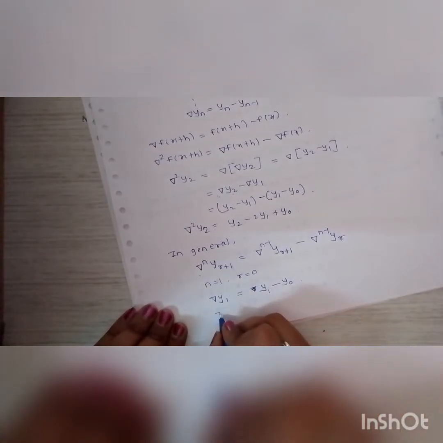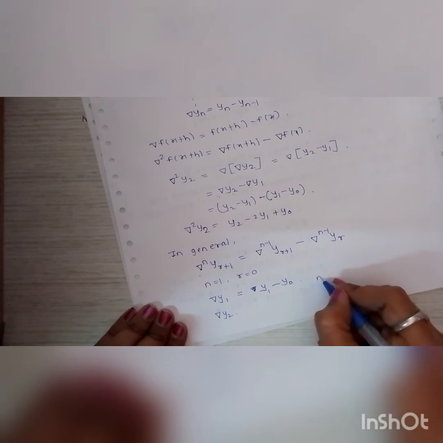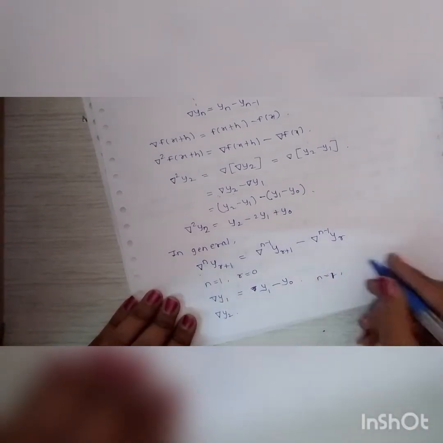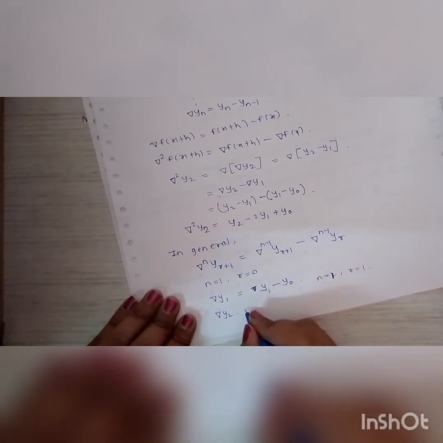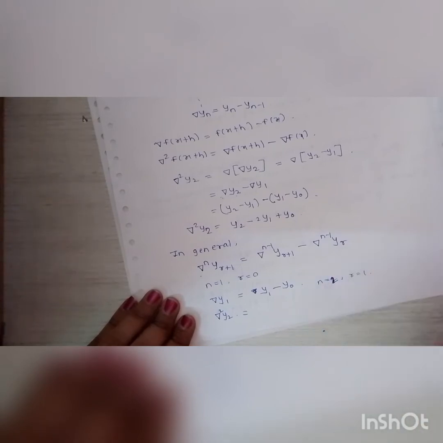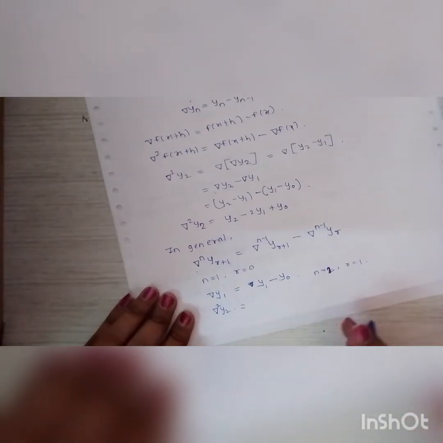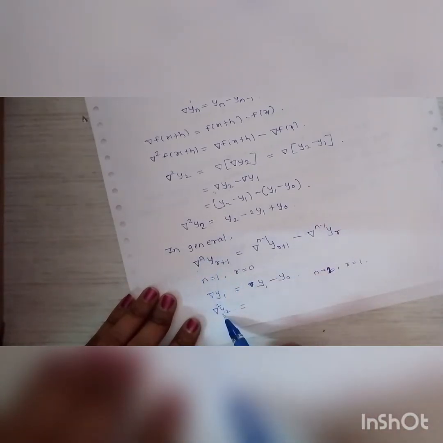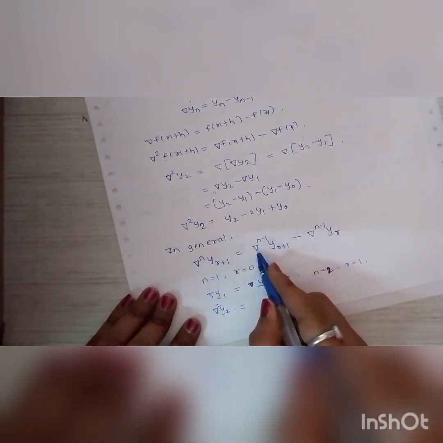And del y2, for y2, n equals to 1 and r equals to 1. Therefore del y2. Del square, that is n equals to 2 and r equals to 1. Therefore n equals to 2, therefore del square y2 equals to del